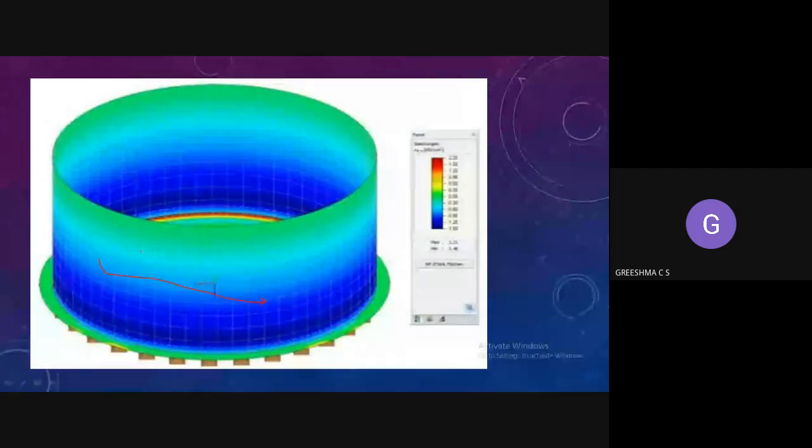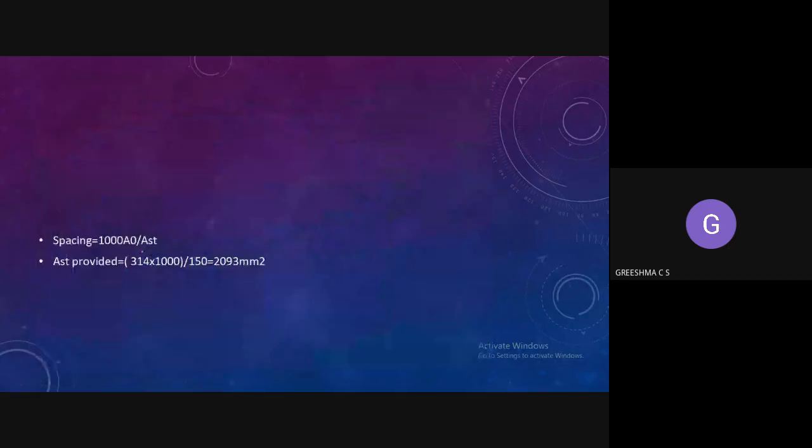So the same procedure we have done in the retaining wall also. That is, we were doing the curtailing. At the bottom portion you provide the reinforcement, and as we go to the top, we reduce the reinforcement by curtailing. We are not doing the curtailing here. We are just providing more spacing between the reinforcement bars. So that's what they have mentioned here.